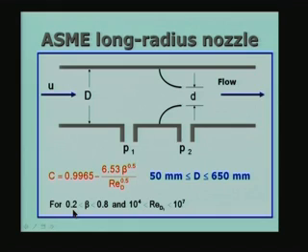Let me just digress a little bit and look at this 0.2 to 0.8. Why do we have such a large range of values for beta? If you go back to the equation which determines the flow rate, the delta P is actually created by the change in the area, and if the beta is small the change in area is larger and the delta